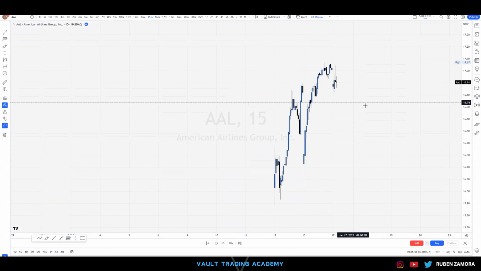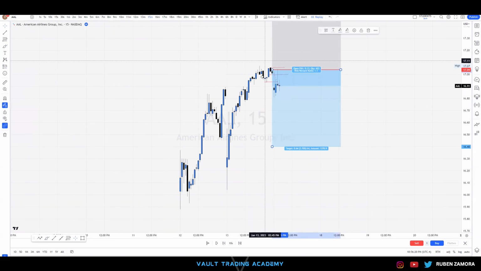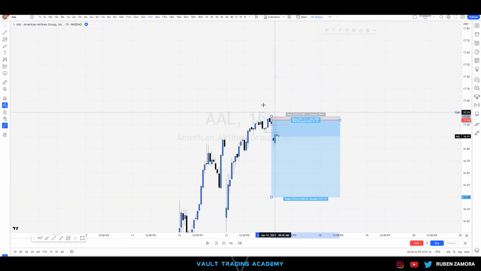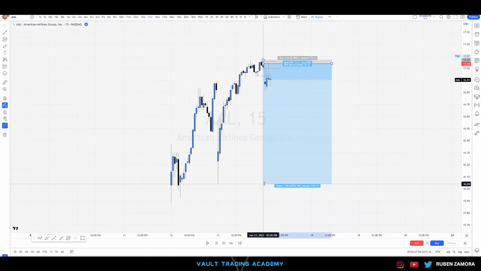So now the moment we have some sort of fall off, and we have some sort of break of structure, because this is the last up before the downward move. And now this can be the beginning of your sell. So let's just say, for example, we have now a sell position in place, stop loss above the supply zone. And now we want to target the liquidity off of this low. But remember, what did we just do? We went from a higher time frame into a lower time frame. So when it comes down to the lower time frame, we're just going to see back and forth action, but you're going to be attacking shorts,